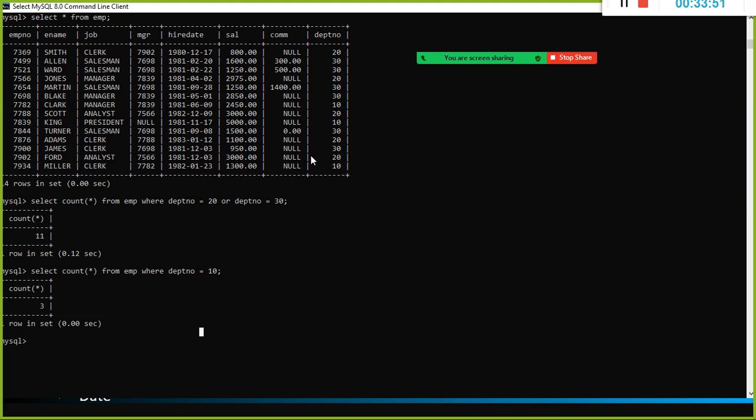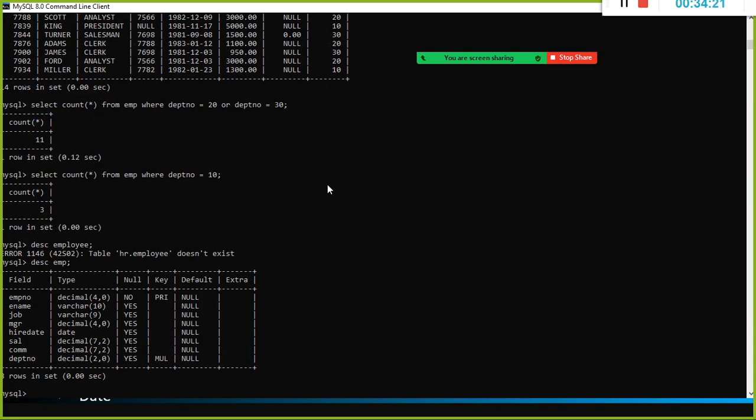Okay, so now you understood why we need to use count star. Count star helps us find out how many events or records there are in a table. So far we played around with numerical values in the where condition. Describe employee, EMP. And we have something called hire date. Can you all see hire date? Hire date is a date column.